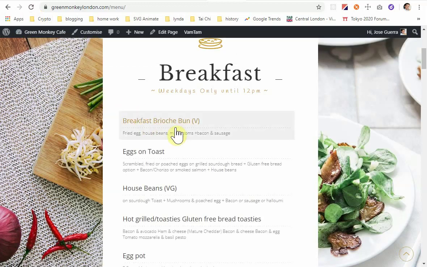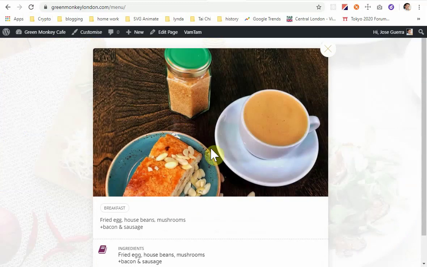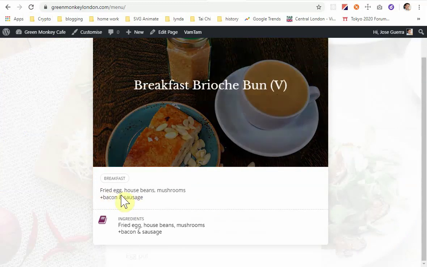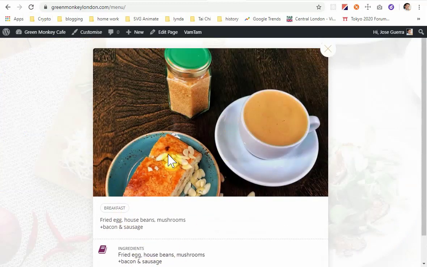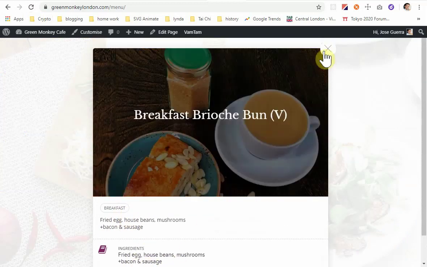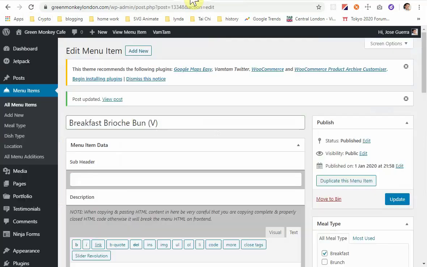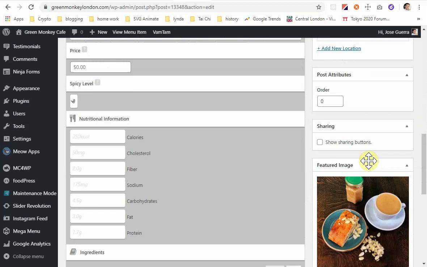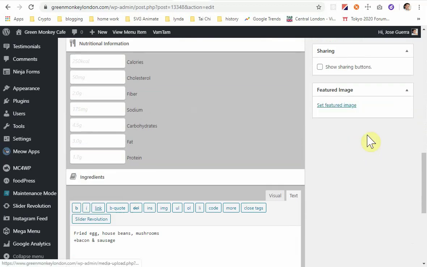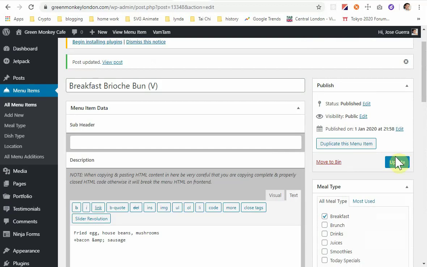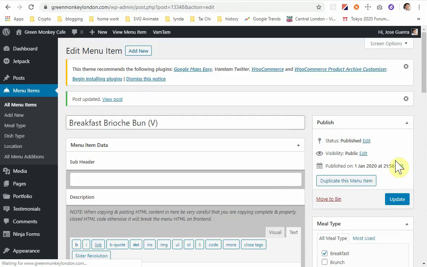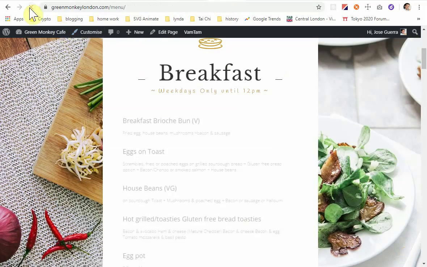So now if I click on the item, you get a picture of what the food looks like, a description, the meal type, and the ingredients are there. This is a good feature only if you actually want to upload pictures of the food and display them on the website. If you don't want to use the picture, you can just click on remove, and that'll take it away, and you can update the